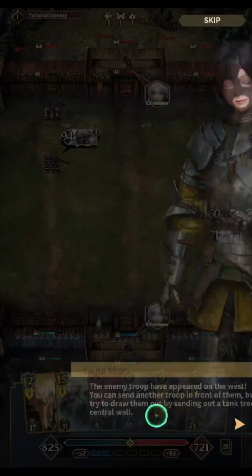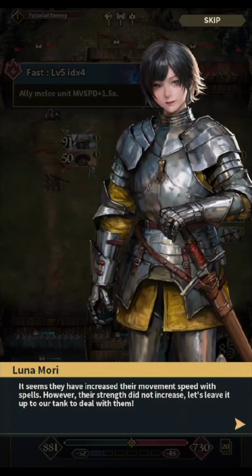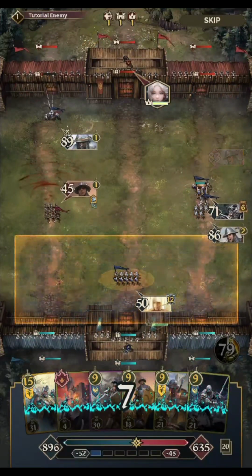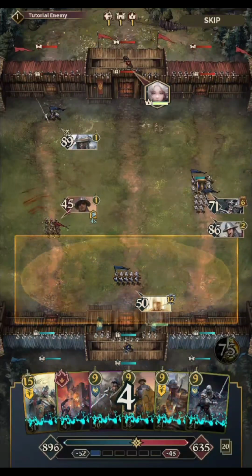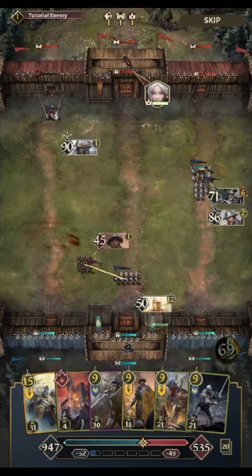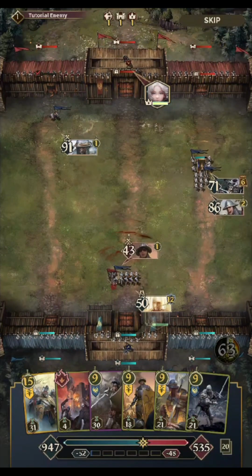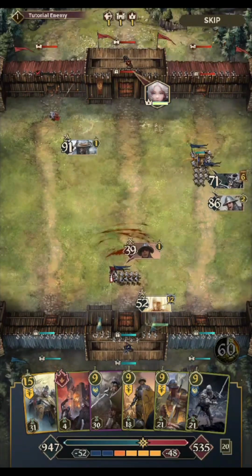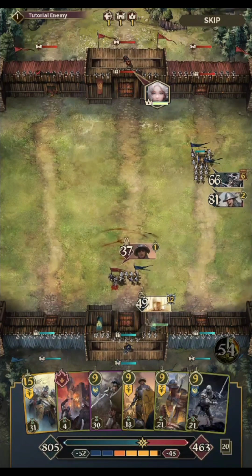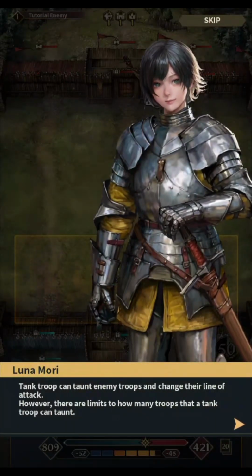Enemy troops have appeared. It seems they have increased their movement speed with spells. Tank troops can taunt enemy troops and